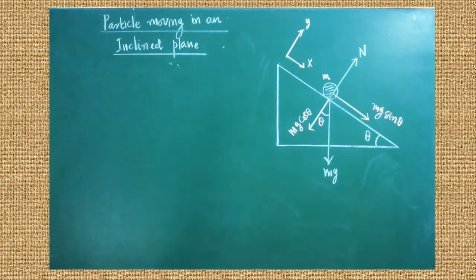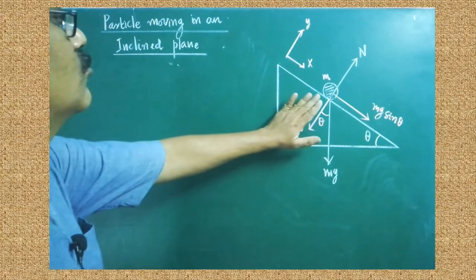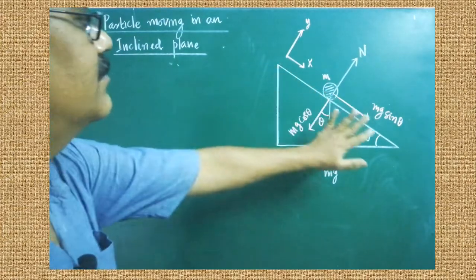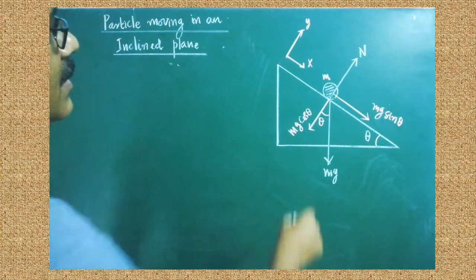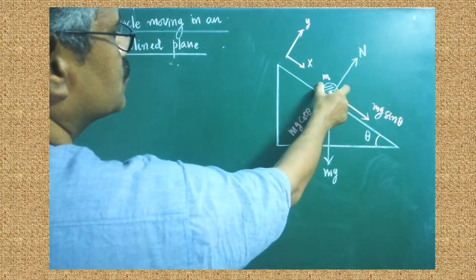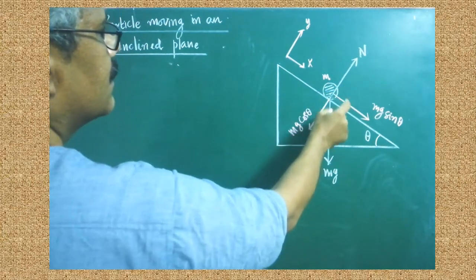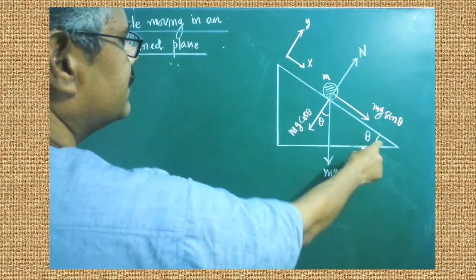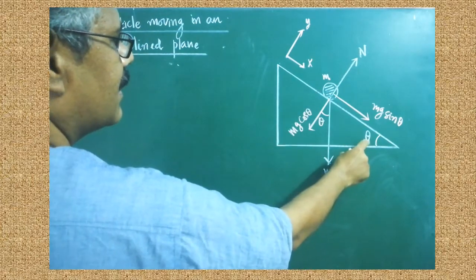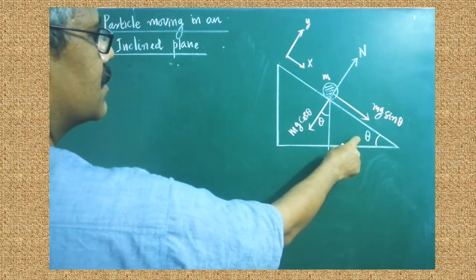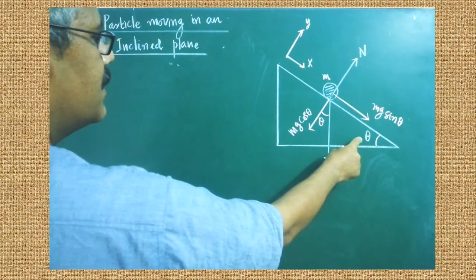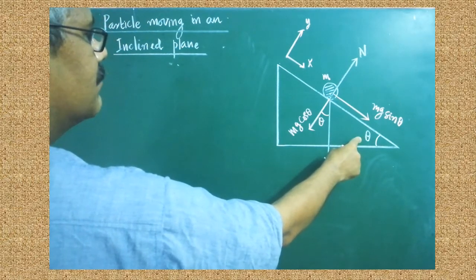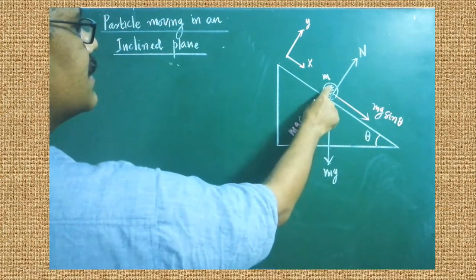Today we are going to learn about the movement of bodies on the surface of an inclined plane. Let us imagine a body whose mass is m. Since it is an inclined plane, the angle of inclination must be measured. The angle of inclination is denoted by the letter theta. Are you clear? So the mass of the body is m.